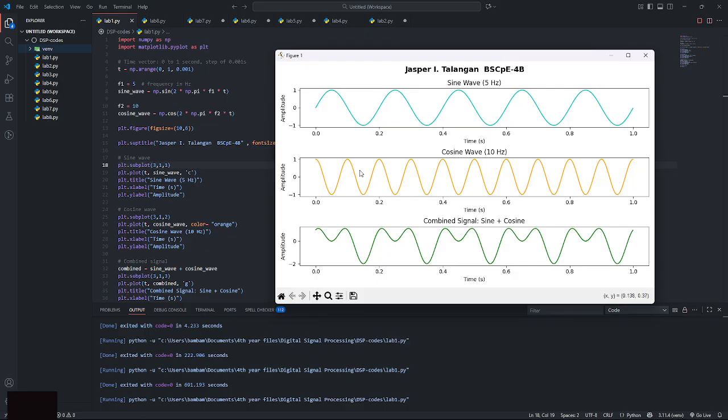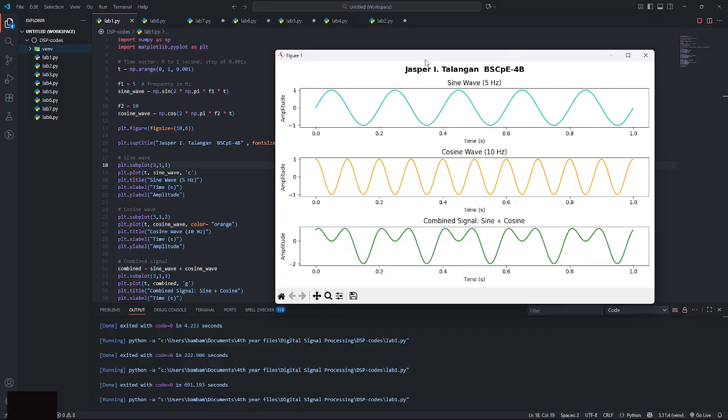The second subplot shows the cosine wave, which has a 10 hertz frequency, and its wave color is orange. The next subplot shows the combined signal, which is the sum of both sine and cosine waves. It is color green, which I set in my code.